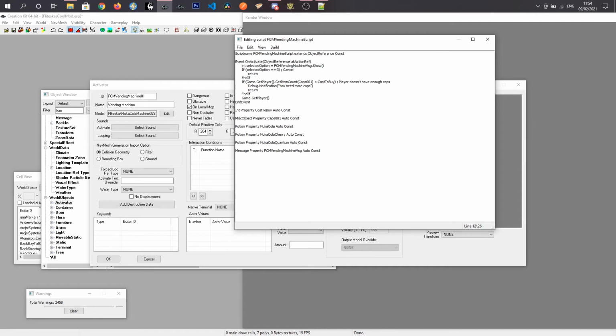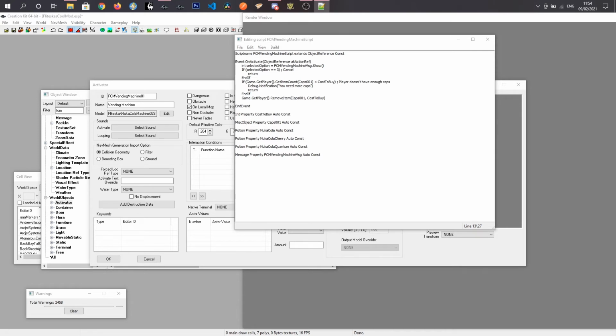So game.getPlayer.remove item caps 001 and cost to buy, and then depending on what option they chose is going to determine the thing that we actually add in. So we can do